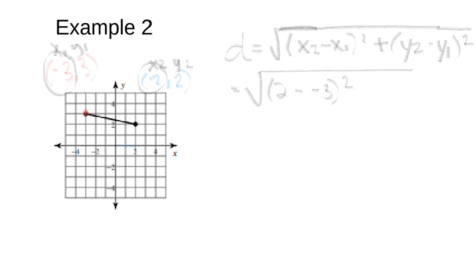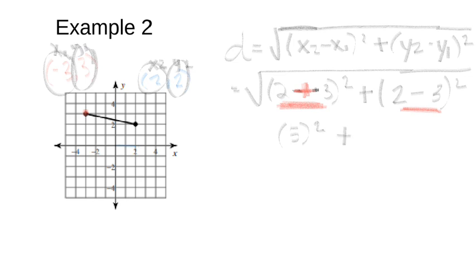Again, you have to have both negatives. This one came from the formula. This one came from the fact that negative 3 is negative. Plus y2 is 2, minus y1 is 3, and then squared. Of course, that's all under the square root. Then you start PEMDASing. You're going to do inside the parentheses first. In this first set of parentheses, we have 2 minus negative 3. Two negatives really make that a positive. So 2 plus 3 is 5 squared, plus